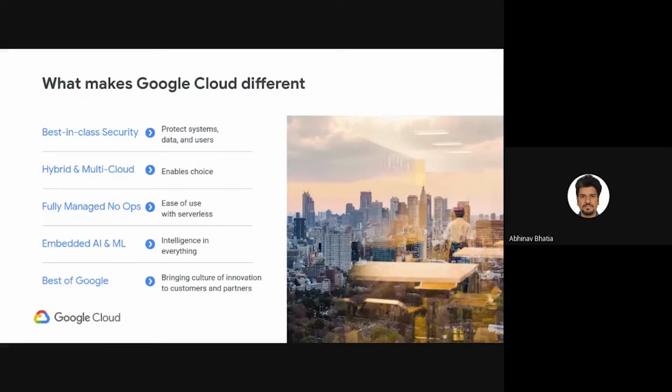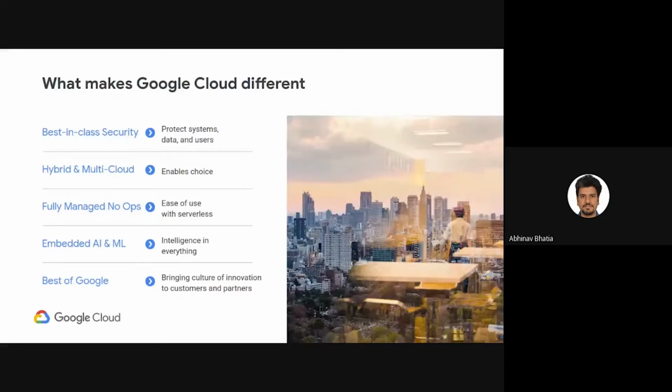Again, Google believes that being tied to a particular cloud shouldn't get in the way of achieving your goals. And that's where an open cloud, which we propagate, gives you the power to deliver your apps to different clouds, while again using a common development and operations approach. So that is one reason why people love choice and want to move to a platform which enables that choice to them.